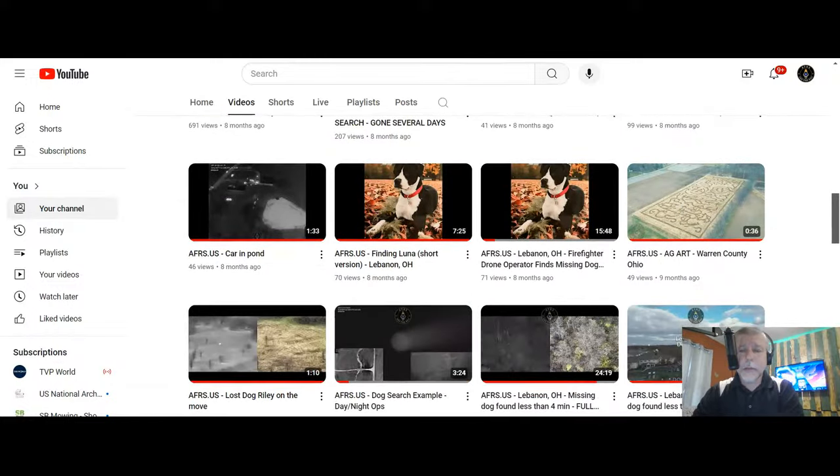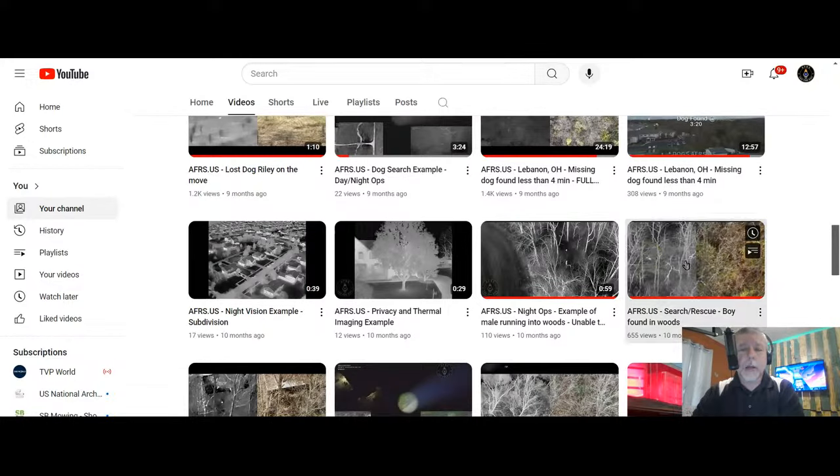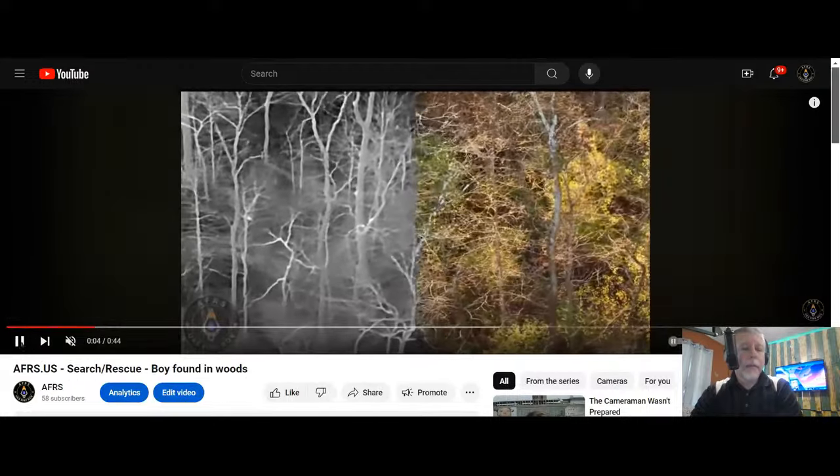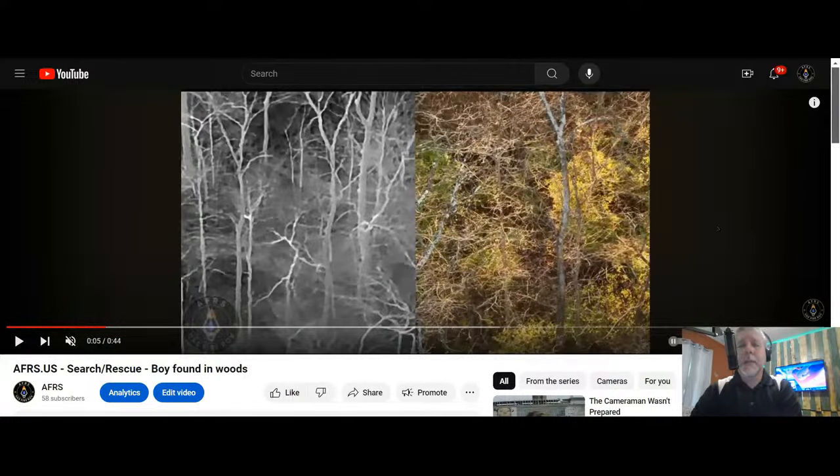All right, let's go to lost child. So let me lay out the scenario here. This is a family property. The child's been missing for several hours. The child commonly plays in the woods, and it's unlike them to not come home at a preset time. In this case, the parents called the child's phone. There was no answer, so obviously the parents became very, very concerned. The parents did not want to include emergency services, let's say. So they went out, they walked around the woods, they called for his name, and there